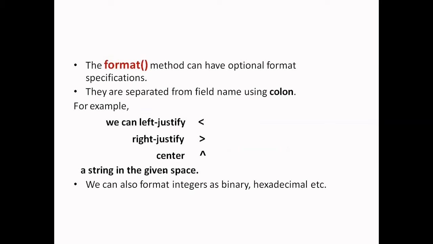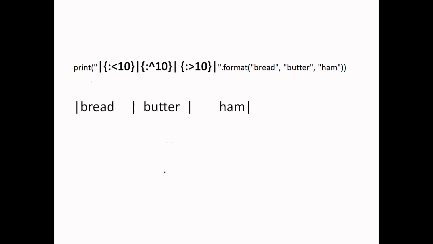Or we can also format our string into integer, binary, and hexadecimal if there are numbers in the strings. And the floating values can also be rounded off, like we have done using old style formatting, like in percentage .3f. Similarly, we can use it in the format method. Let's see some examples. In the first example, I have used a string.